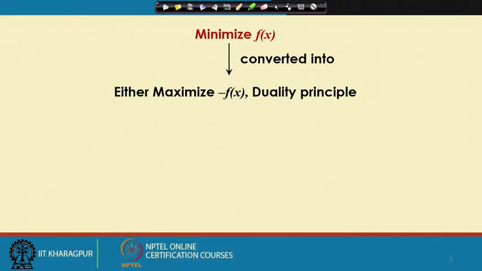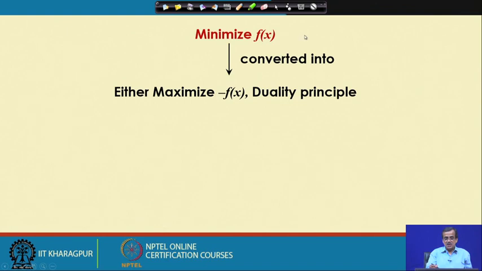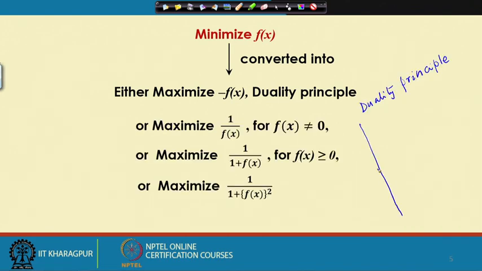Supposing that I have got one function y equals f(x) and I will have to minimize. So, this particular minimization problem is converted to a maximization problem, so this is equivalent to maximize minus f(x), and we use the duality principle. Now, what this duality principle actually does is, supposing that I have got one minimization problem like this,